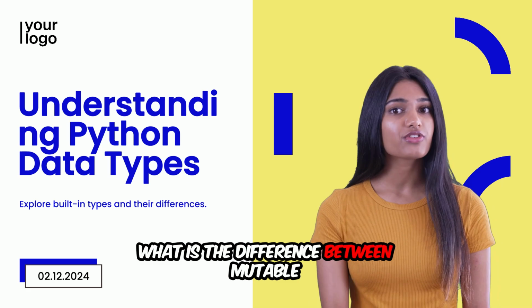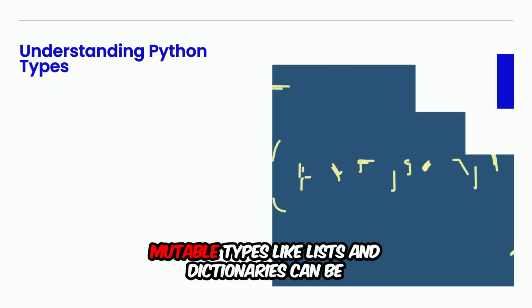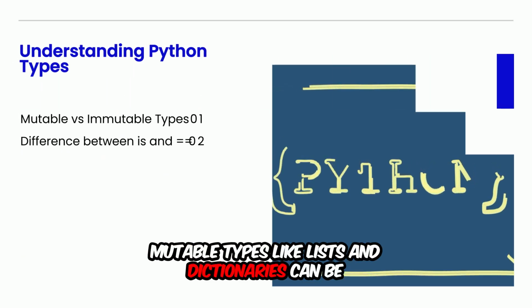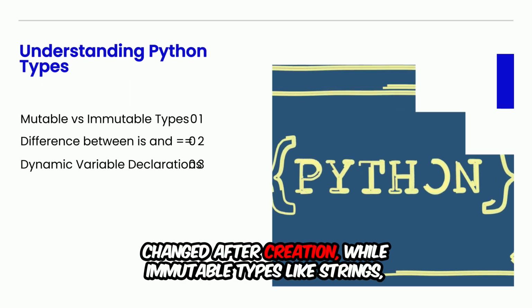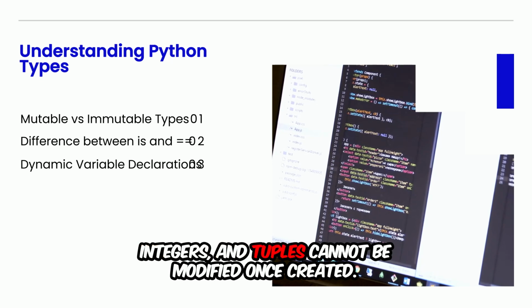What is the difference between mutable and immutable types in Python? Mutable types, like lists and dictionaries, can be changed after creation, while immutable types, like strings, integers, and tuples, cannot